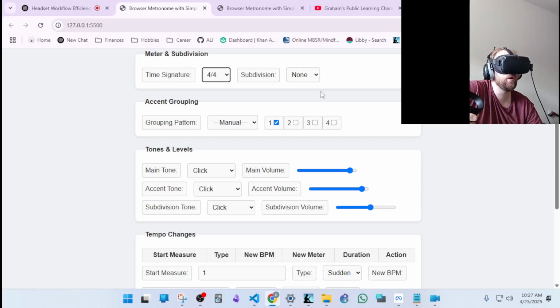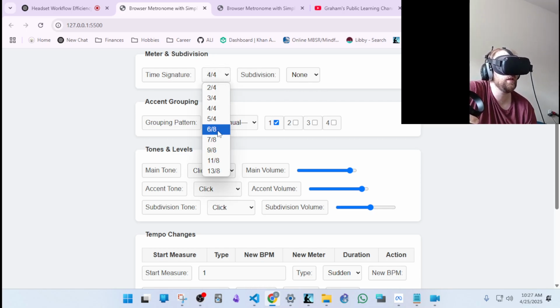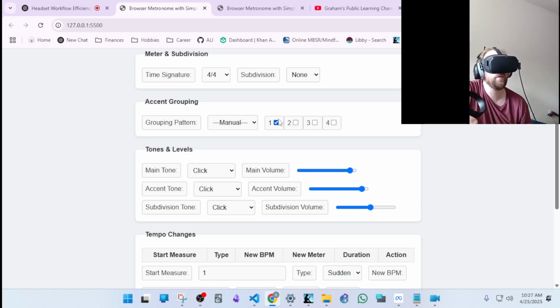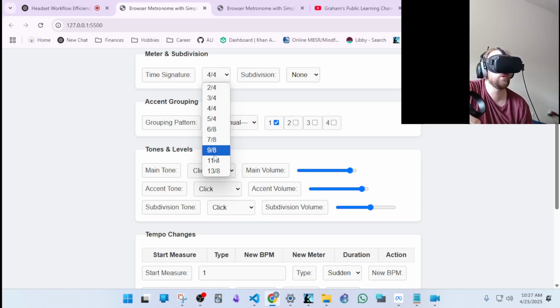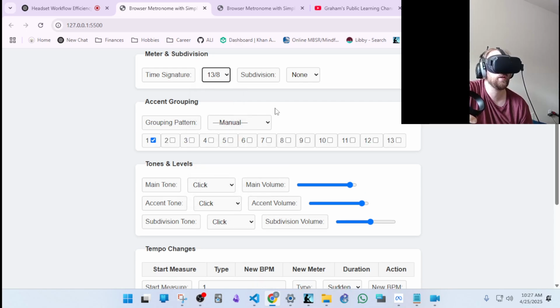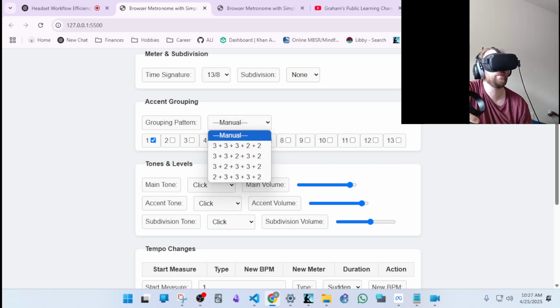If we're in 4/4, then a series of check boxes all automatically change to match the time signature, so we have four check boxes, and we can check any one of them, and then make the sound trigger differently based on whether or not the checkbox is checked. This is a super useful feature when it comes to odd time signatures, because the other feature we have in this section is the ability